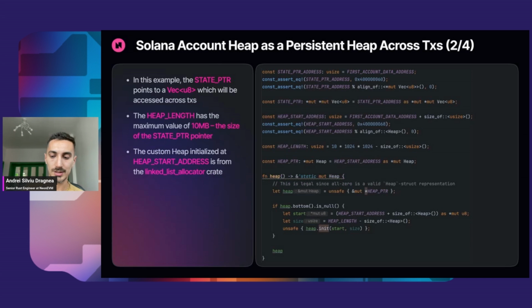This is the assertion for the value of the heap start address. The heap length, the maximum heap length in this example that we can have, is basically 10 megabytes minus the size of the state pointer that we use. And this is also where we define the heap pointer. And this over here is basically the method which is used to access the heap in our global alloc trait